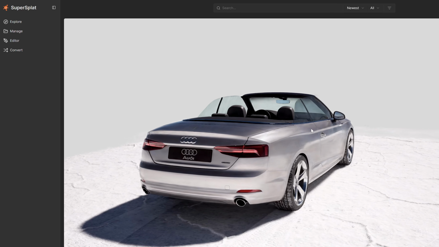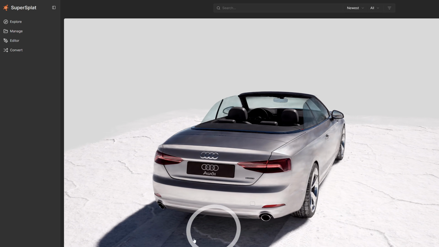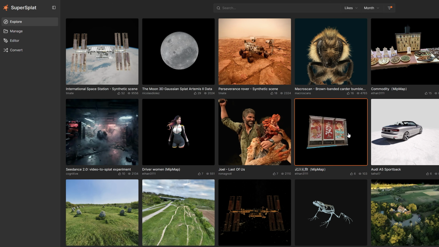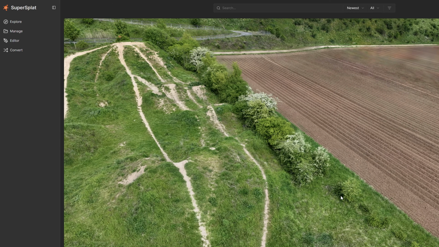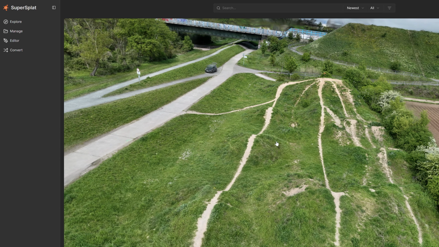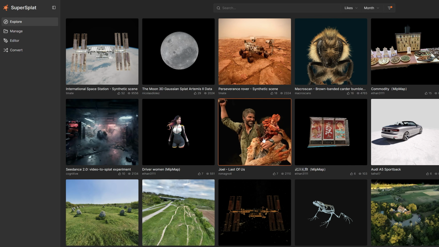For example, this car wouldn't be a very good model to use because this lighting is very harsh and very directional, and so it's not going to work very well if I try to relight it. Whereas something like this field, where it's got more ambient lighting and not too many shadows, that's going to be much easier to relight, and it's going to look a lot more convincing. The problem with this one is it's really big. It's 130 megabytes, and Houdini is not stable enough to support this kind of thing at the moment,